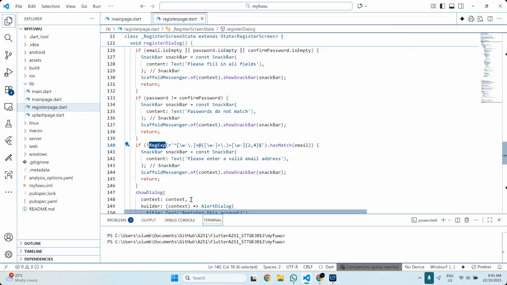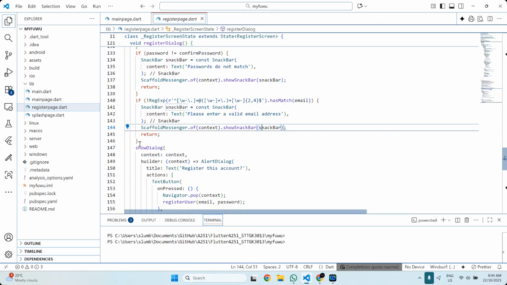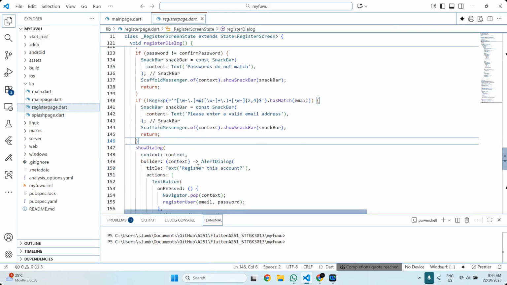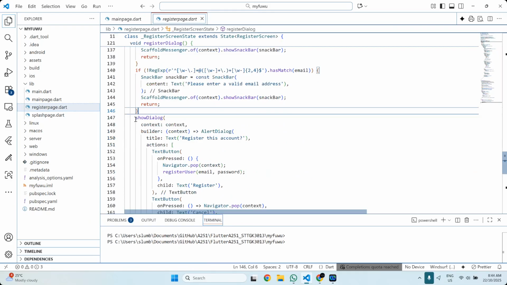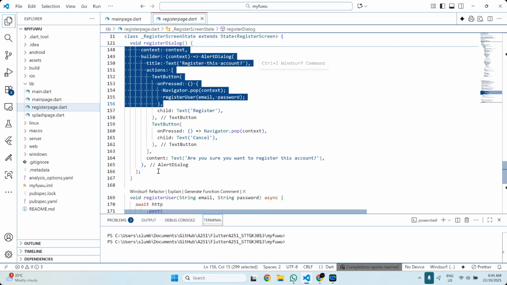Regular expressions are used a lot in many applications, and with the regex you can set up your own rules, just to make sure that the data the user enters follows a certain format. And then if all the gatekeepers pass through, all the if statement blocks pass through, then finally we show